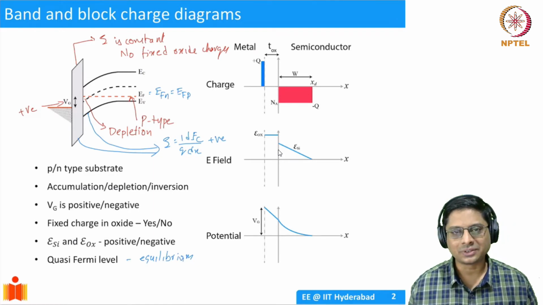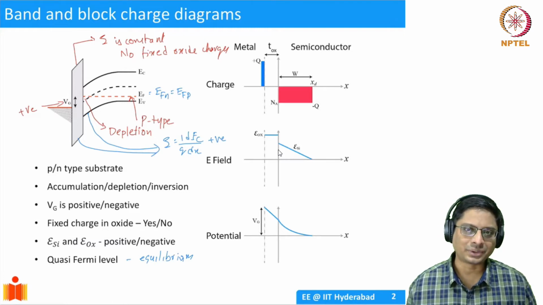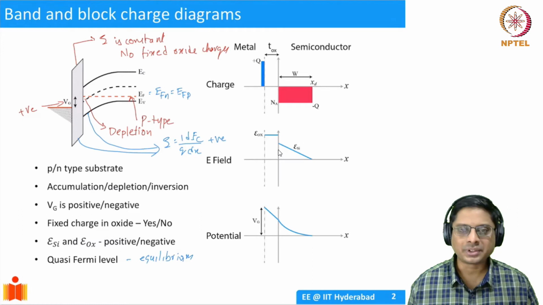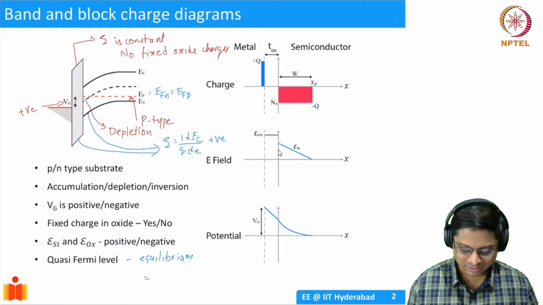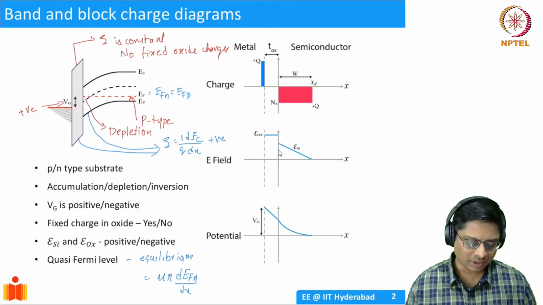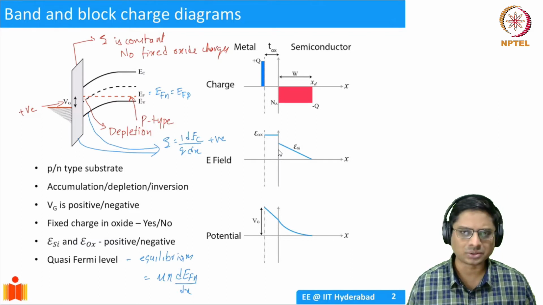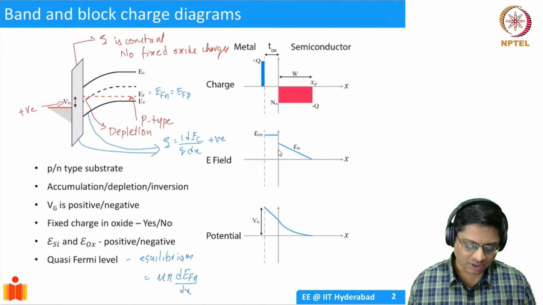So is there any current flow in the MOS capacitor? Right? That's an interesting question to ask. So how will the current depend on the quasi-Fermi level? We saw that it was basically mu times n times dEFn by dx, right? So if you look at the gradient in the quasi-Fermi level, you can find out. But right now there is no gradient in the quasi-Fermi level in the semiconductor. So there is no current that is possible here. Okay, in the way that it is shown right now. Okay.